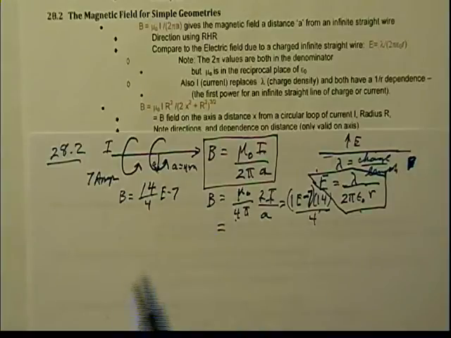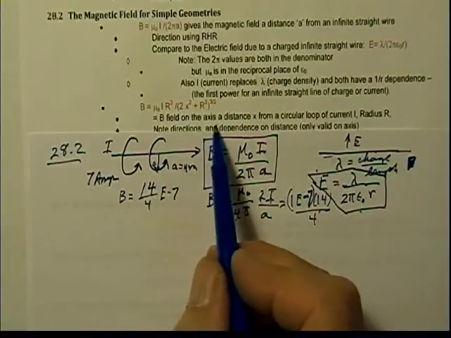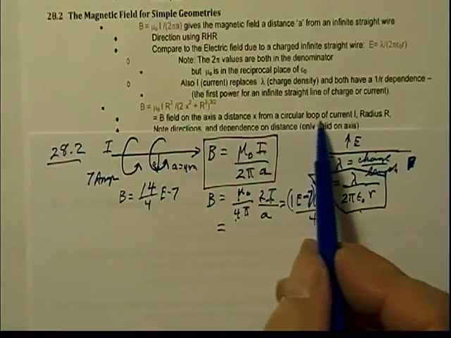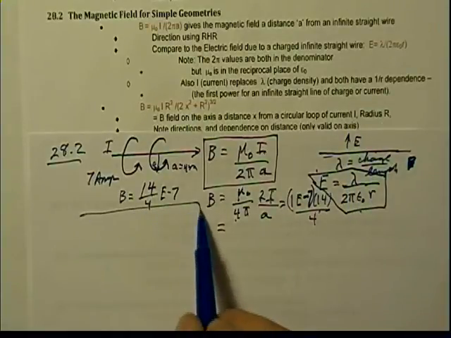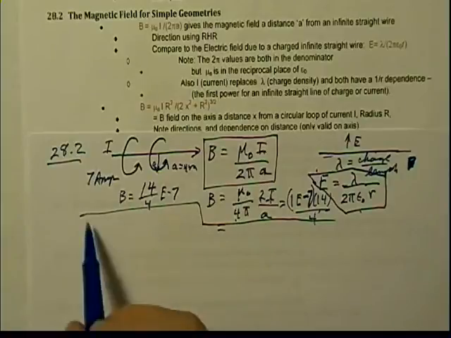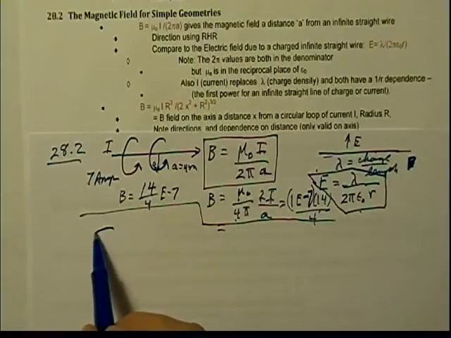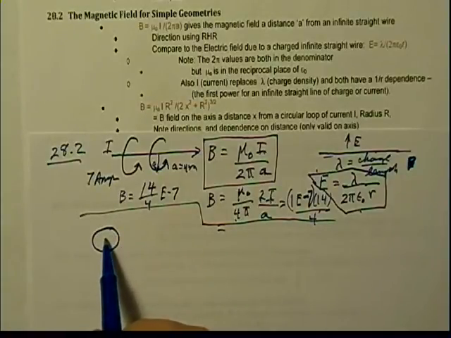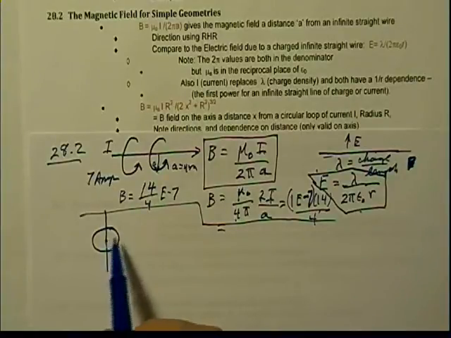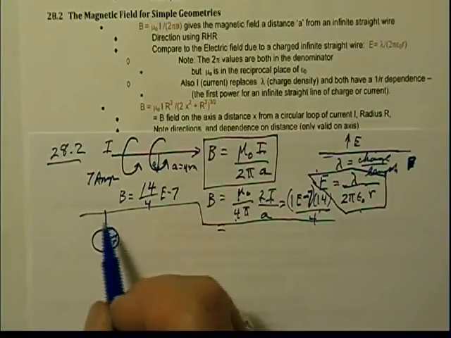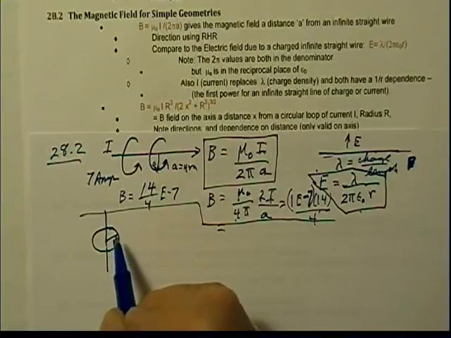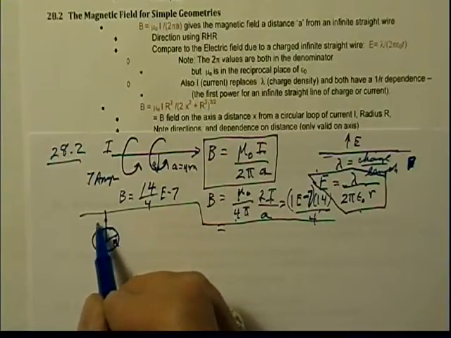The next equation we want to look at is the field on an axis, a distance from a circular loop with a current I and a radius R. So here, what we have is a circular loop. We're going to look along the axis. This has a radius R. And we're going to go up on this axis. I use a capital R here. We're going to go up a distance x